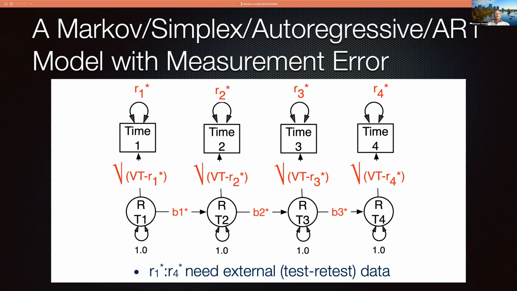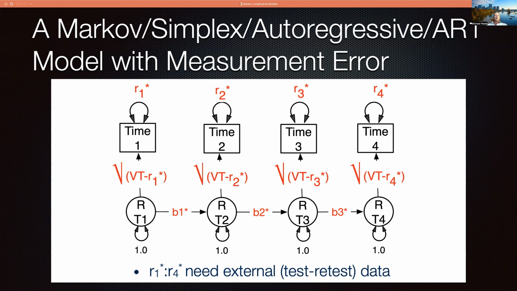So what we have measured in the boxes, the squares at the top, contains both a regression on the true score. These are written as RT1, RT2 in the circles below. So it's a regression on their true latent score, in addition to some amount of residual error, R1, R2, R3, and R4, estimated from other quantities. And ideally, to get these R1 star, etc., estimates of reliability for an occasion,